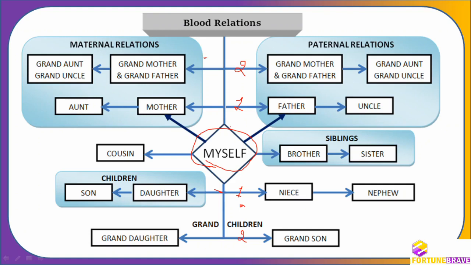We'll go on understanding each stage, and I'm not covering the in-law relationship in this slide. We will discuss in-law relationships after we finish the blood relationship. What is the difference? Blood relation happens in only one family. You are part of that family, and everything is within the family. So this is blood relationship where the family is the same. Then we'll go to the in-law relationship, which will be different. So let us start with our generation.